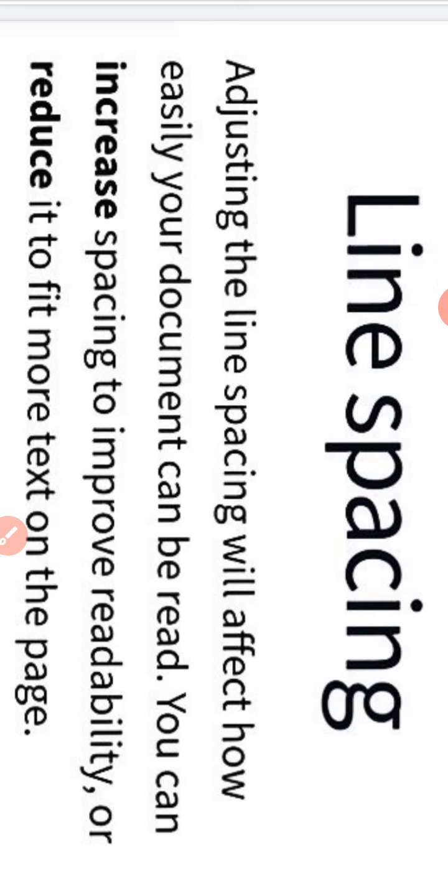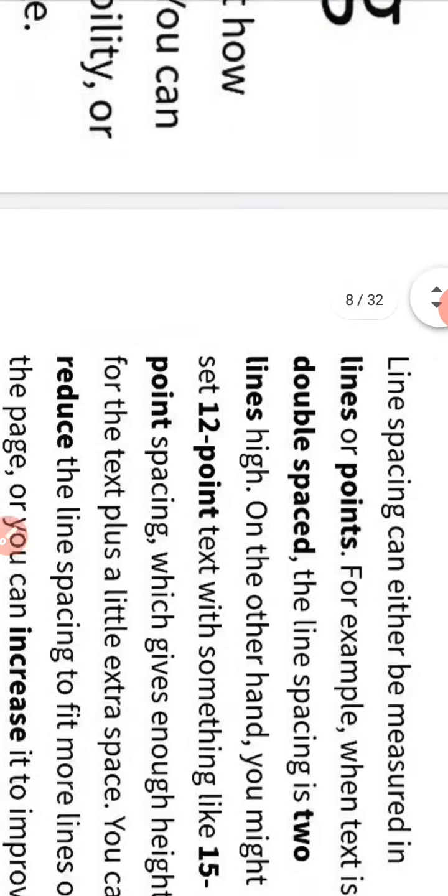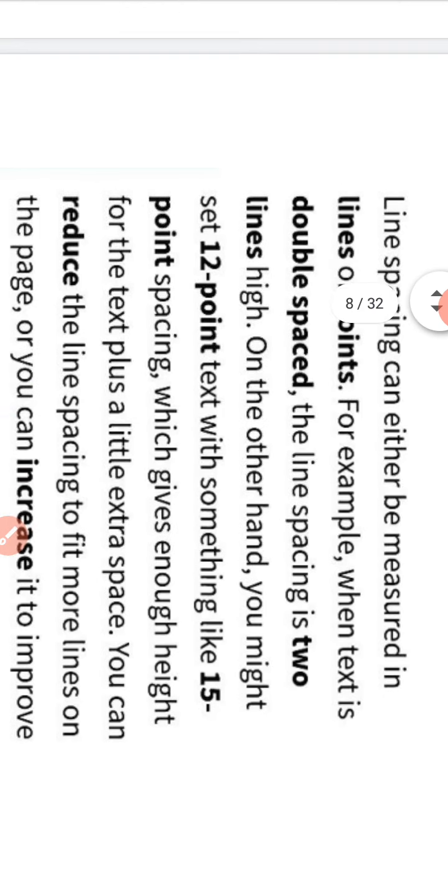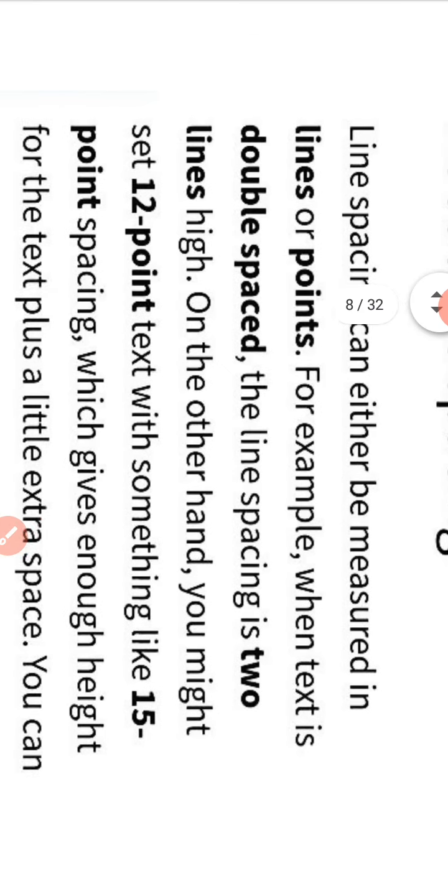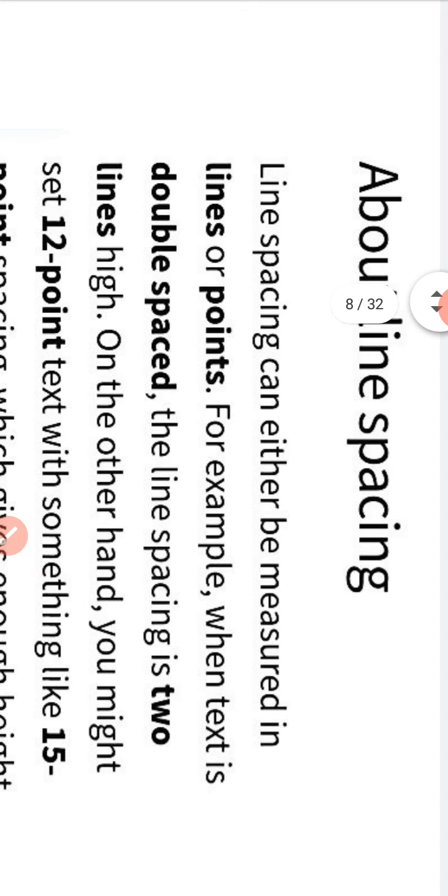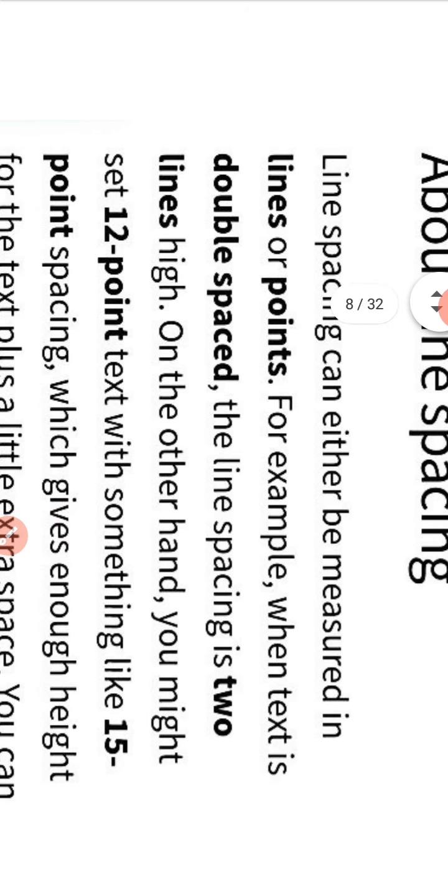Line spacing. Adjusting the line spacing will affect how easily your document can be read. Uses of line spacing: to improve readability or reduce it to fit more text on the page. Line spacing can be measured in lines or points.